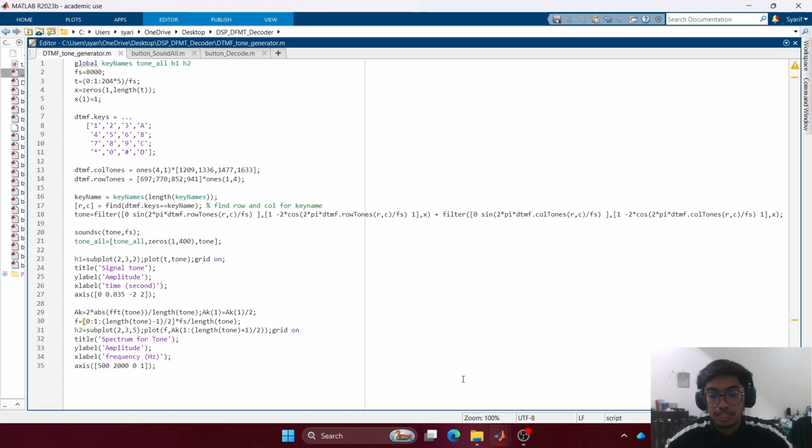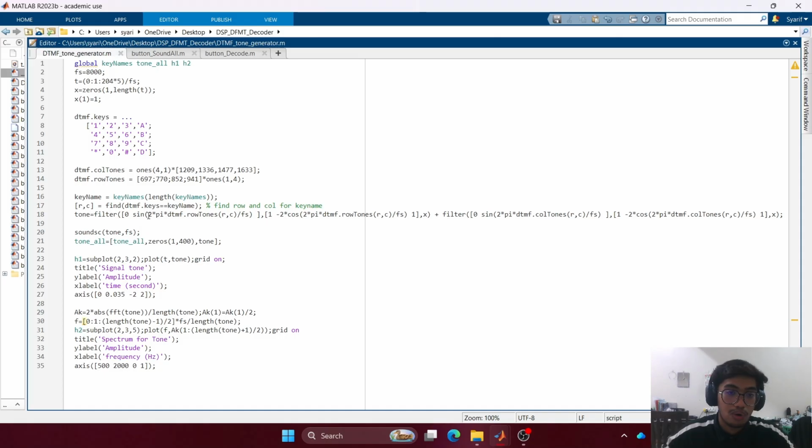The moment you click a button on our interface, the script instantly pinpoints its specific row and column frequency. Then it pushes a unique impulse through a pair of parallel filters. As you can see, the parallel filter that we use is a Goertzel IIR filter bank, and this is our filter. This is the H(z), the Z domain transfer function. This is H1(z), this is H2(z), this is the numerator part, and this is the denominator part. And these are added in parallel.